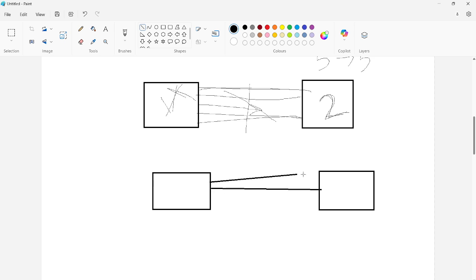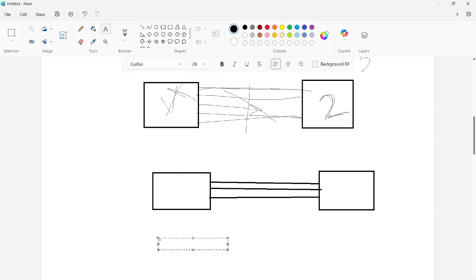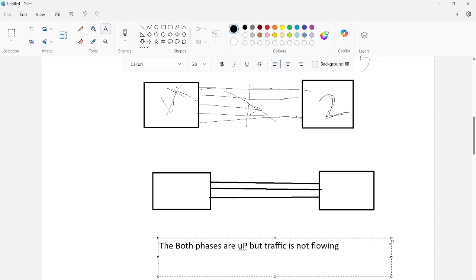I have formed phase 1 and phase 2 on both firewalls, and the tunnels are up, but the traffic is not flowing. So in that case, what we need to check is